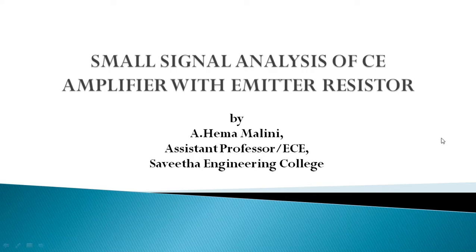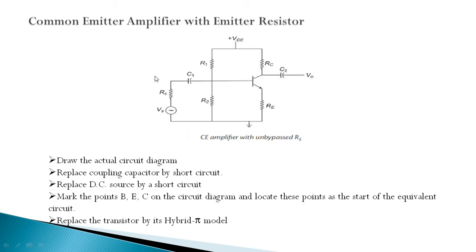Good morning students. In this video we shall discuss small signal analysis of a common emitter amplifier with emitter resistor. Here the figure shows a common emitter amplifier with voltage divider biasing. The resistors R1, R2 and Re will provide biasing to this common emitter amplifier circuit,